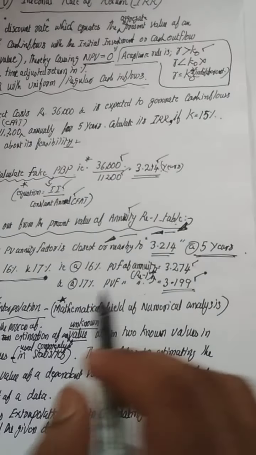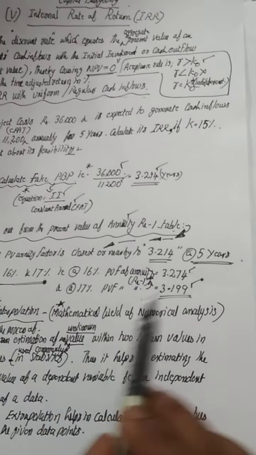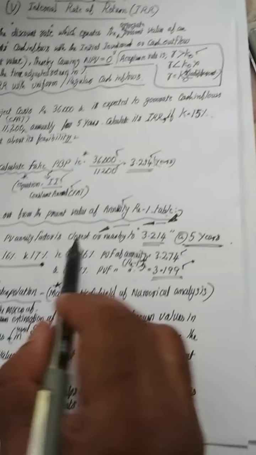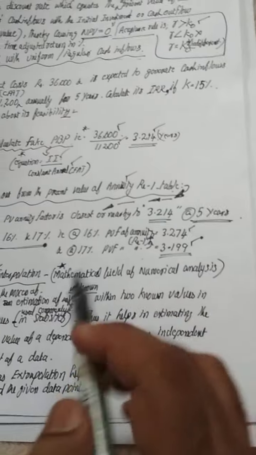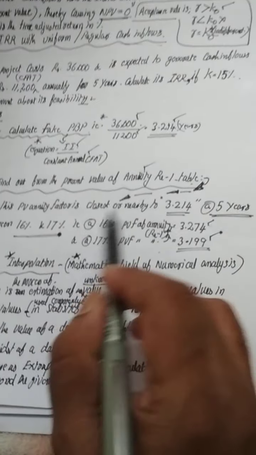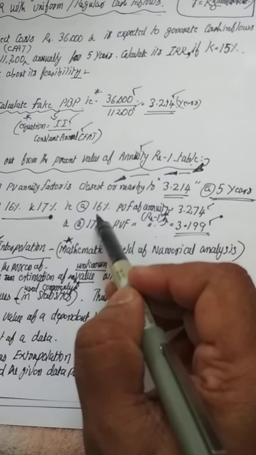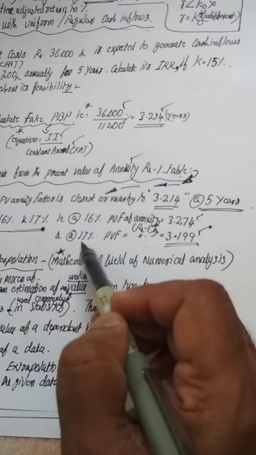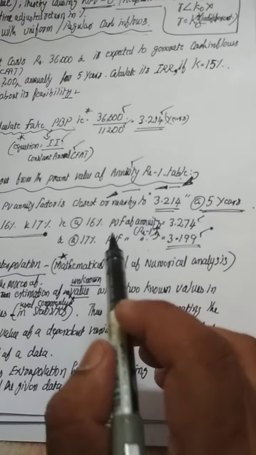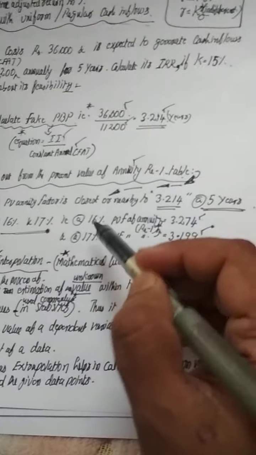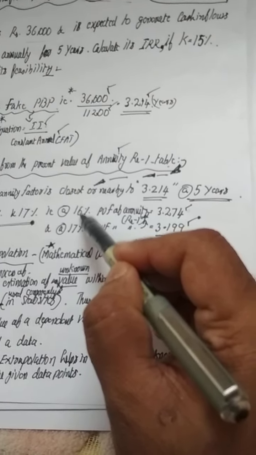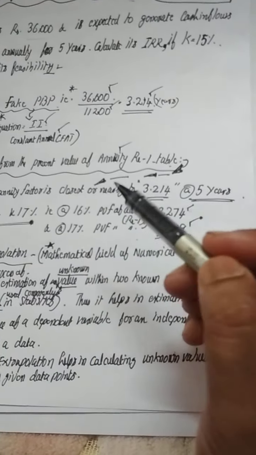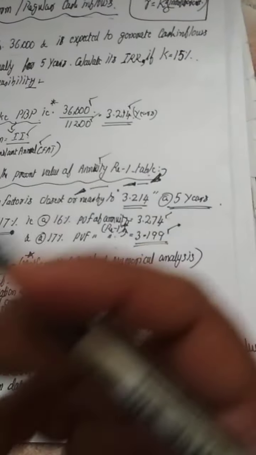So if a figure is in between two different figures, or if we do not know a figure which is between 16 percent and 17 percent, again I will repeat, if we know the two values, that is 16 percent and 17 percent, and we do not know a value,